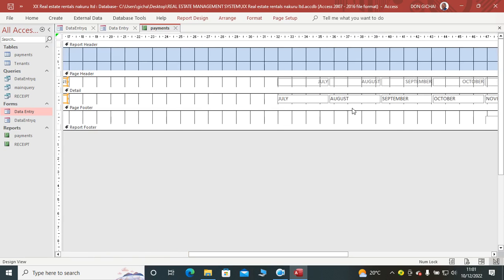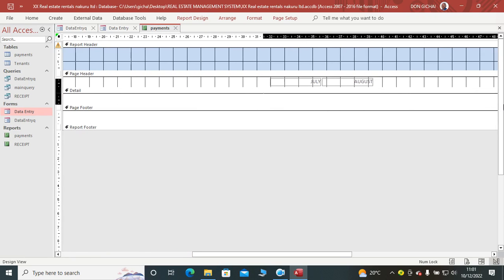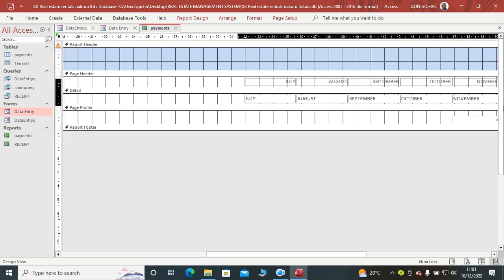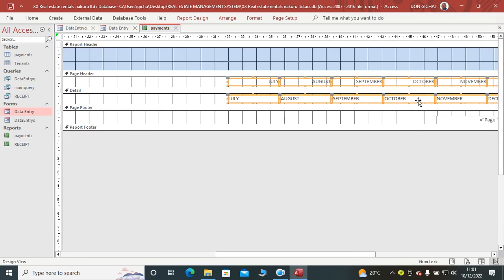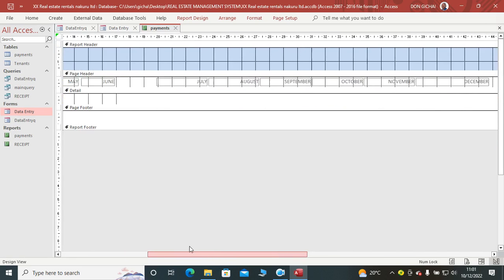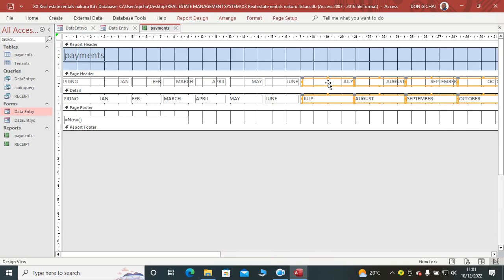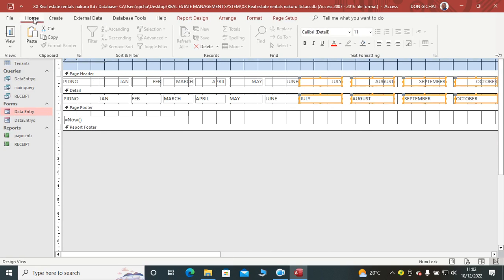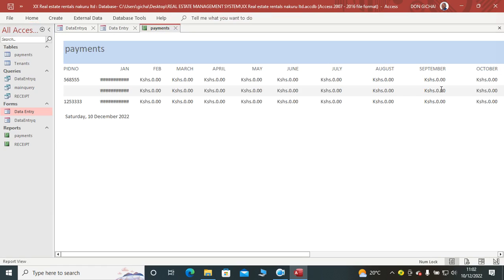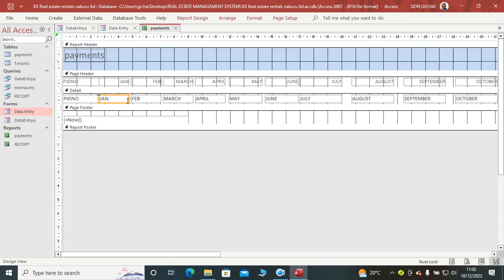Then bring the others all the way to December. Just pull them towards this end. See now. Then from there probably you'll be in a position to view. You see now it's working. So you can come up with a very nice statement just from here